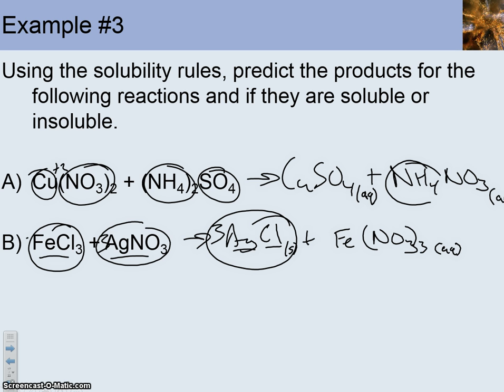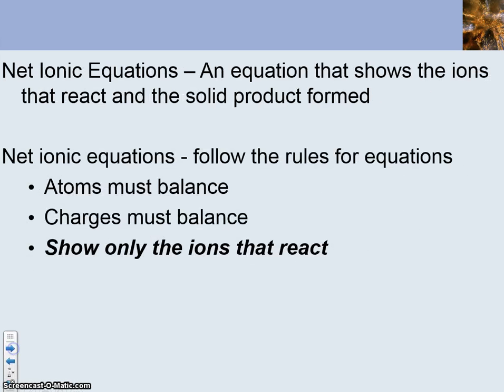Since they're dissolved and they're aqueous, we have iron 3 ions and chloride ions, and silver ions and nitrate ions. When a silver joins up with chloride, it's going to make our product, our precipitate. But we're also going to have left over here, since this is aqueous, iron ions and nitrate ions in solution as well. So we've got iron and nitrate ions in solution on both sides of our equation. So really, the iron and the nitrate aren't really doing anything, so we can ignore them